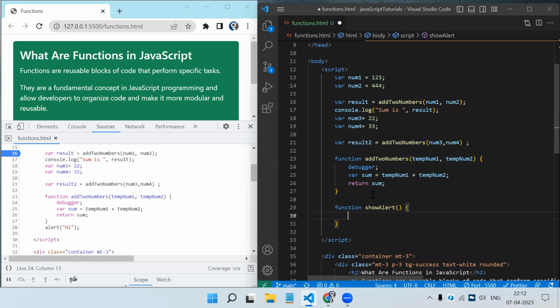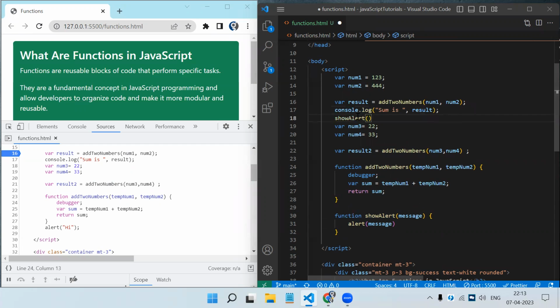Now if I want to show some pop-up in the alert message, I need to send some value also, right? So for that, we can send the value over here. This function will need a parameter, that is message. And that message we can use in the alert box, alert, and then we can pass the message. Whatever message we get over here, that we are going to pass into the alert. Now, wherever you need to show the alert box, you just need to call this function,